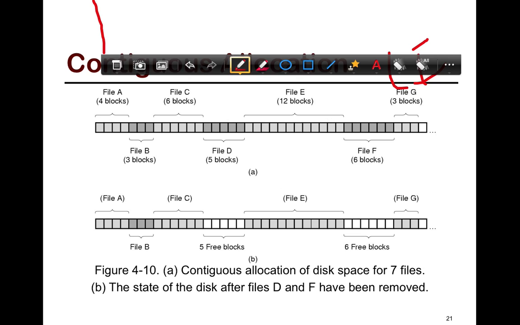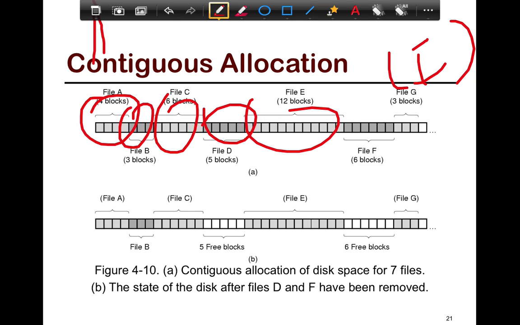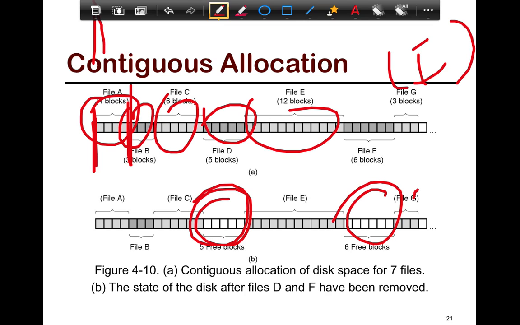In this one, we're going to be looking at how files are allocated in a continuous chunk. We've got files A to F, and we see that each of them resides in a continuous block in the system. This is great because you can easily specify the start and end addresses, and you don't need any fancy metadata structure to track where the blocks of a file map to sectors on the disk. The challenge though is when you have free chunks. For example, you can't fit a 7-block file into this even though you have 11 blocks free.